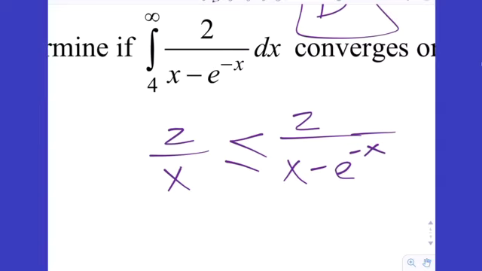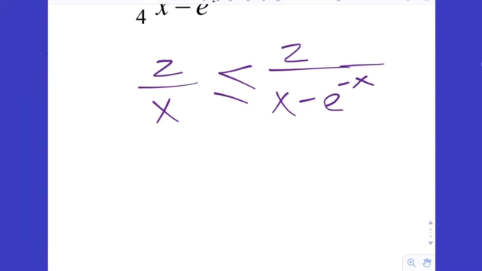Because notice this is a minus sign. So as we go from 4 to infinity, e to the negative 4th, e to the negative 5th, e to the negative 6th, those are positive numbers, aren't they? 1 over e to the 4th, 1 over e to the 5th. Those are positive numbers. If you subtract a positive number from the denominator, you're making the denominator smaller, which effectively makes the fraction bigger. So yes, now we know for a fact that the inequality is true. And so now all we have to do is take the integral from 4 to infinity